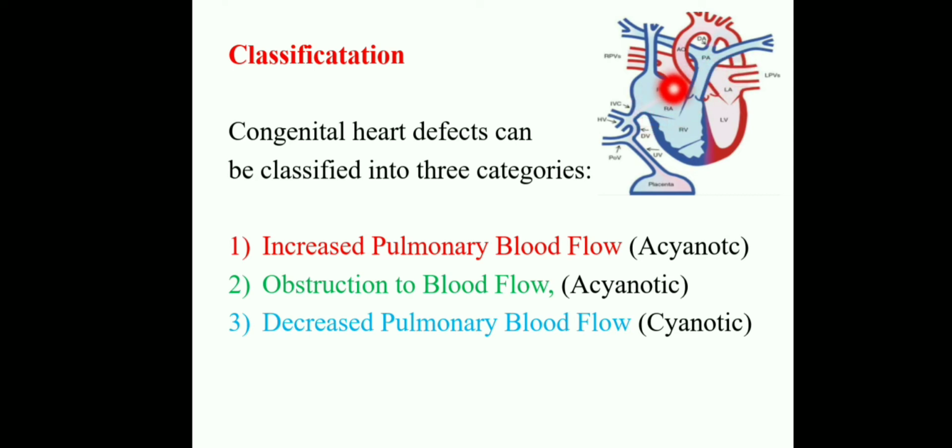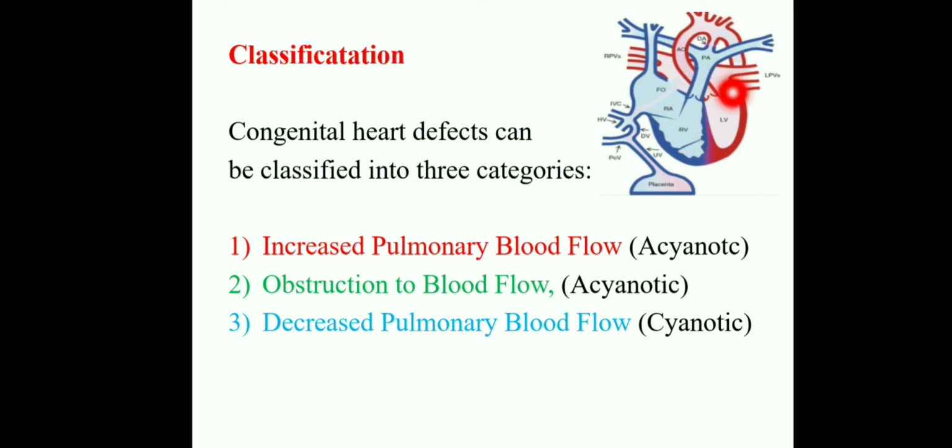Okay, what happened here, the cyanosis is there, the deoxygenated blood may enter into this here, so cyanotic conditions are there. Here the right to left shunt is there. Next, decreased pulmonary blood flow, that is right to left shunt. Here the deoxygenated blood is there, here the oxygenated blood is there. In this decreased pulmonary blood flow, the right to left shunt, the deoxygenated blood may enter into the oxygenated side.